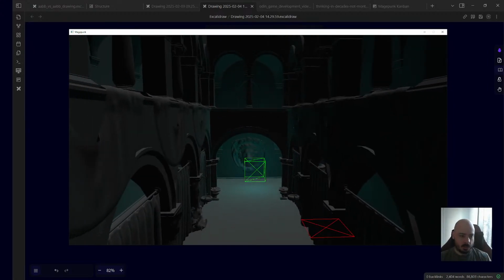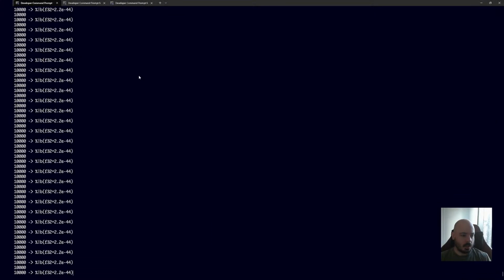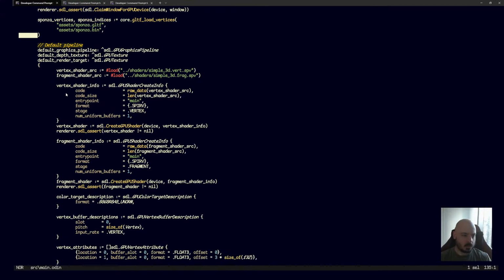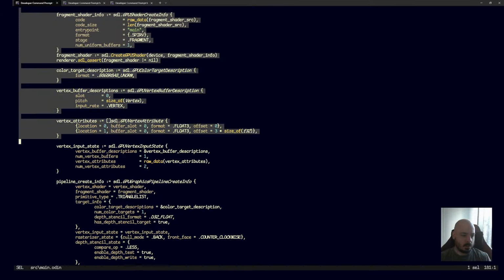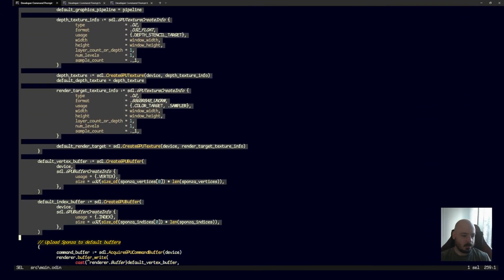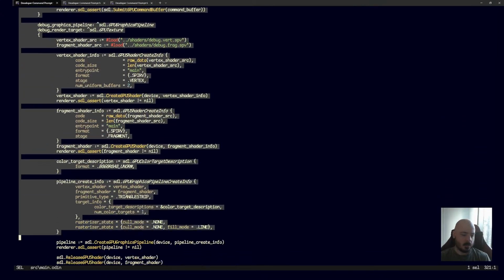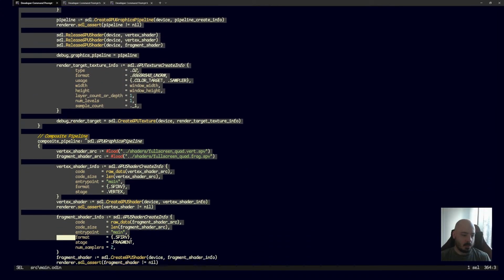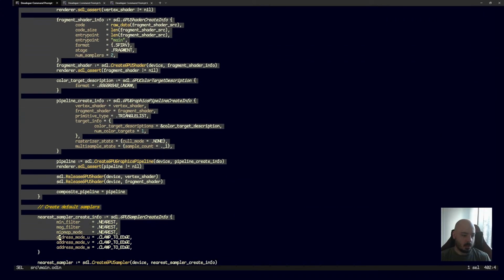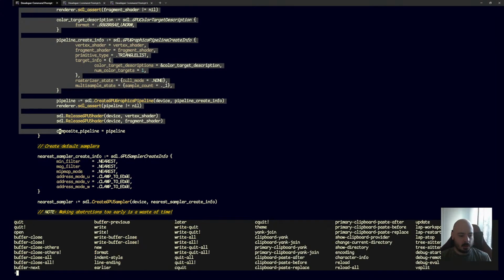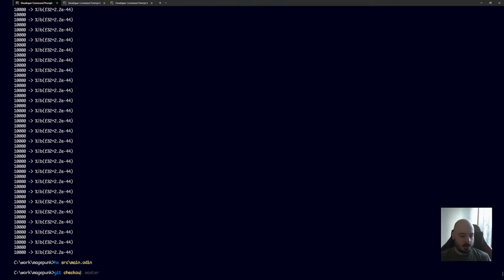So I was doing this in SDL3. And if I close this, you can see the code is pretty long. I got a default pipeline that starts here. I'll just scroll down a bit. Now I got a second pipeline, the debug pipeline here. And then a third pipeline, the composite pipeline, which is here. It's a lot. Now, if I check out the Vulkan branch,